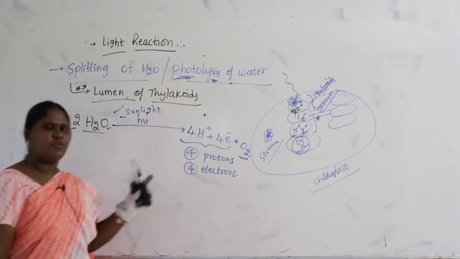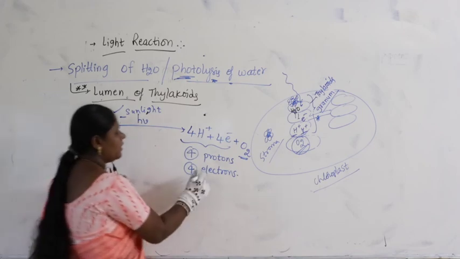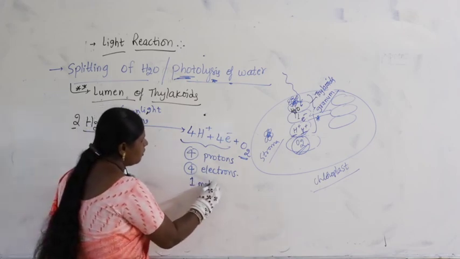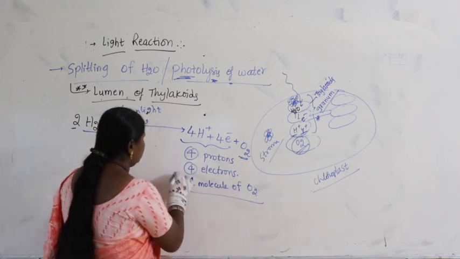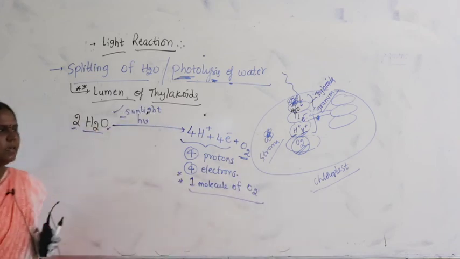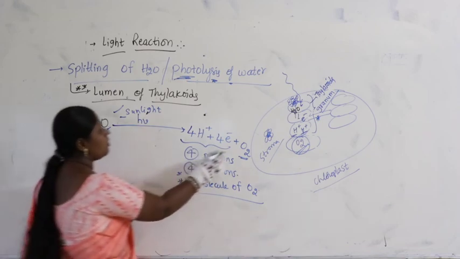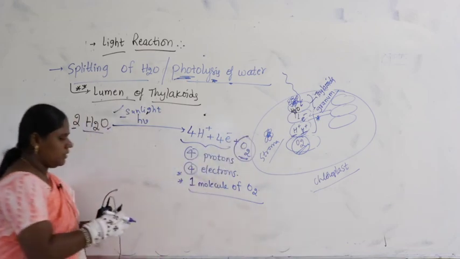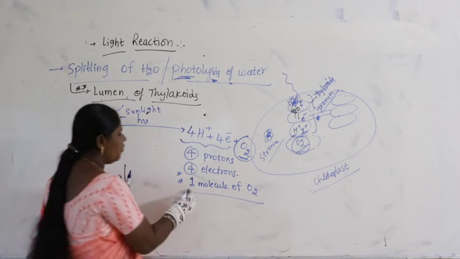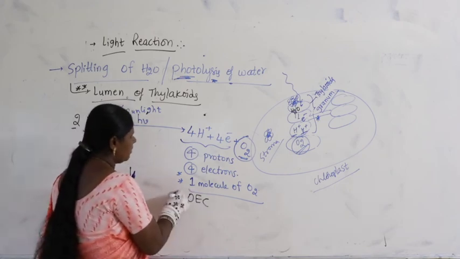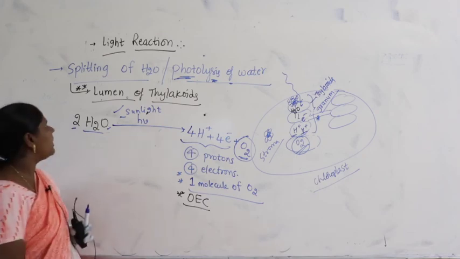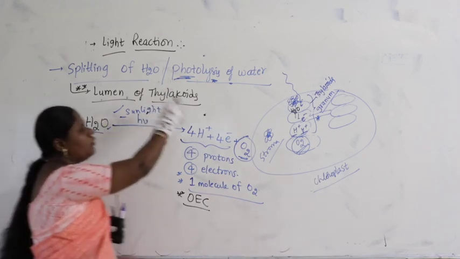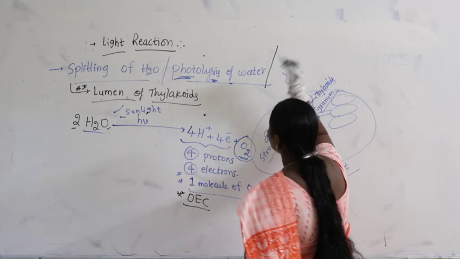4 protons, 4 electrons and along with that 1 molecule of oxygen. What is produced here is oxygen. That is why this is also called OEC. Why is it called OEC? Oxygen evolving complex. The splitting of water, photolysis of water, is also called